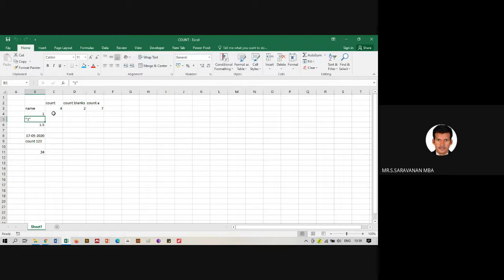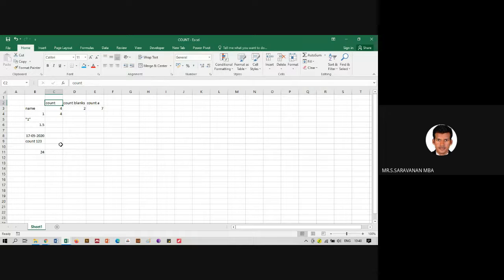So let's talk about COUNT. Okay, equals COUNT, open the bracket, select everything, close. So it has found that there are 4 number cells in the selected range. So we have 1, 2, 3, and 4. So this is useful for COUNT. See, COUNT can be used for any number of processes.